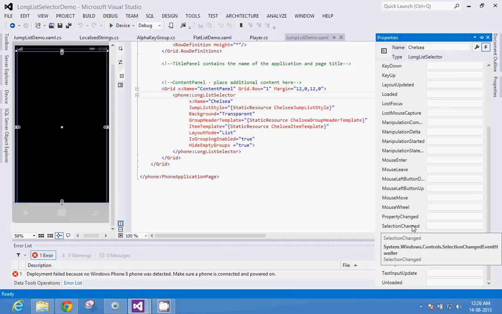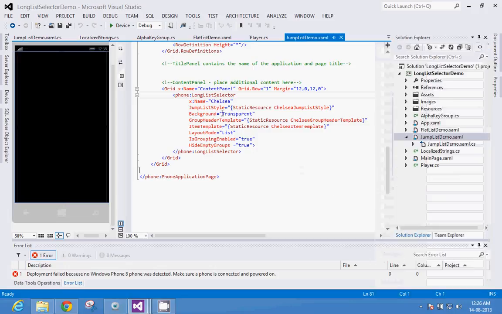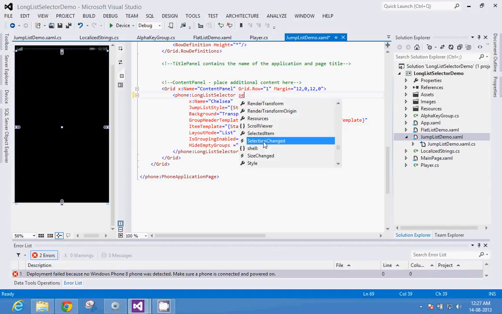My intention here was to demonstrate how to use long list selector easily. So I have not handled any selection change event, but you can always do that. You can specify the event handler here, but let's not do that. Our intention is only to show it.